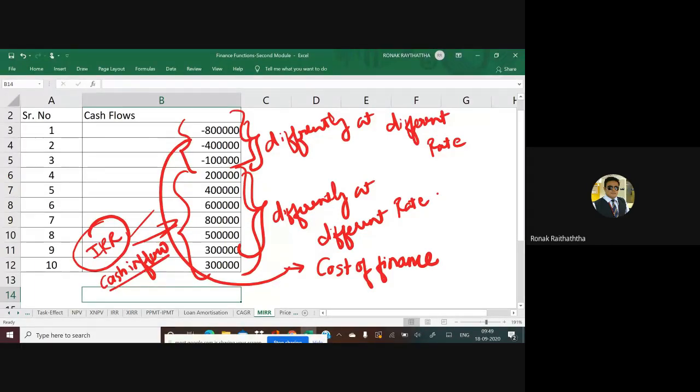So if their point is right, then let's find MIRR. Everyone should be doing it along with me. The function of MIRR starts with MIRR, opening the bracket. Now selecting the values, I am selecting all the values starting from the minus to the last one. All the values need to be selected. Everyone should be there along with me. If you are there, then just let me know.